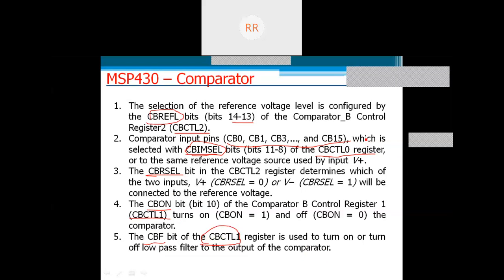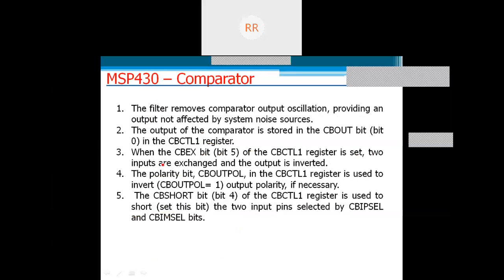This is a filter bit, the low pass filter, which is available in control register 1. Okay, so that is about the comparator output bit. This bit is the output of the comparator. As we said in the starting, if the reference voltage V plus is greater than V minus, the output will be 1, and if V plus is less than V minus, the output is 0.